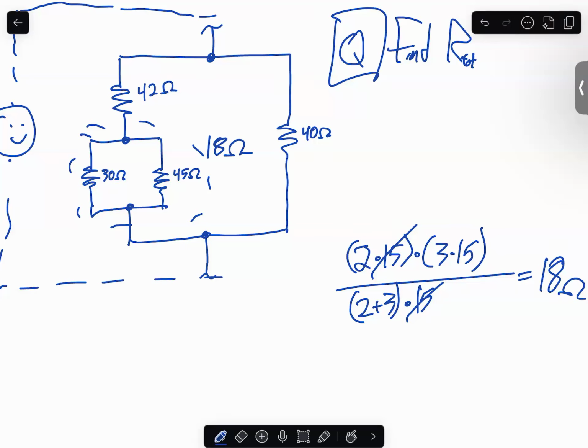Do you recognize what I was doing with that product over sum formula, by the way? That's just the parallel resistor formula, the parallel addition formula. Okay, I will give you some more tricks and tips next time. The correct answer was